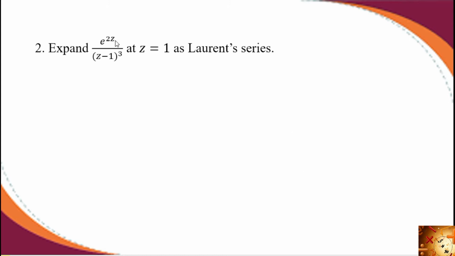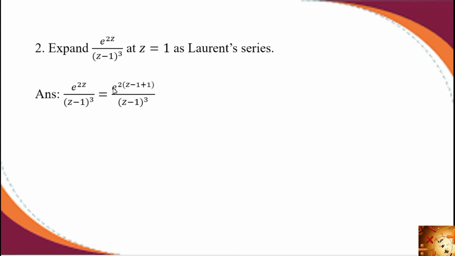Next problem. Expand e raised to 2z divided by (z minus 1) whole cube at z equal to 1 as a Laurent series. Here there is no region. So here we want to just expand this function about z equal to 1. About z equal to 1 means the factors will be z minus 1 and its powers. Here already in the denominator z minus 1 is present, so no need to modify the denominator. Then look at the numerator. Here is e raised to 2z. So here we want to make z as z minus 1. For that we want to add or subtract 1